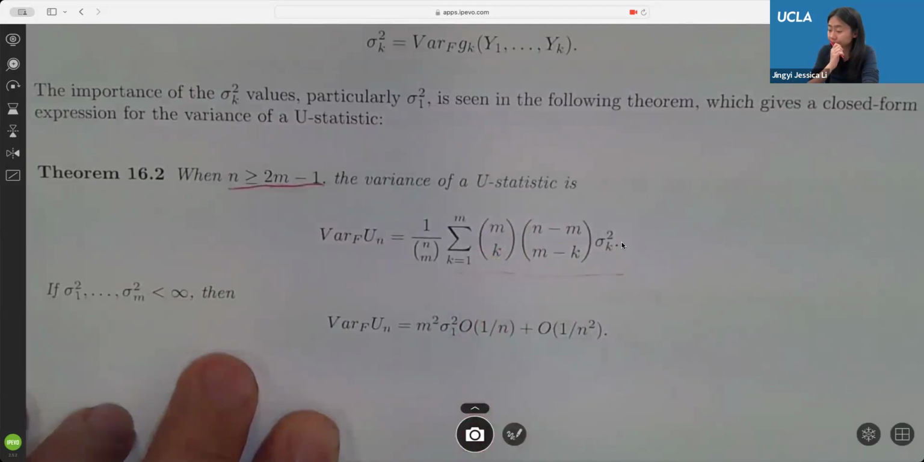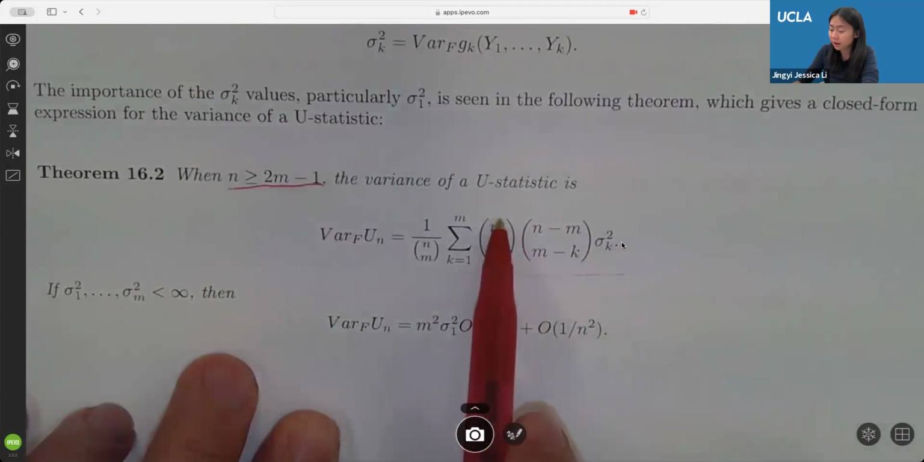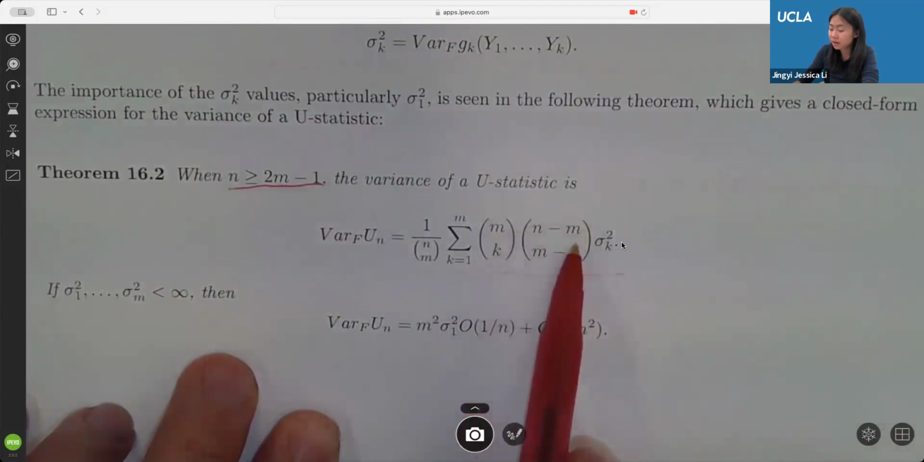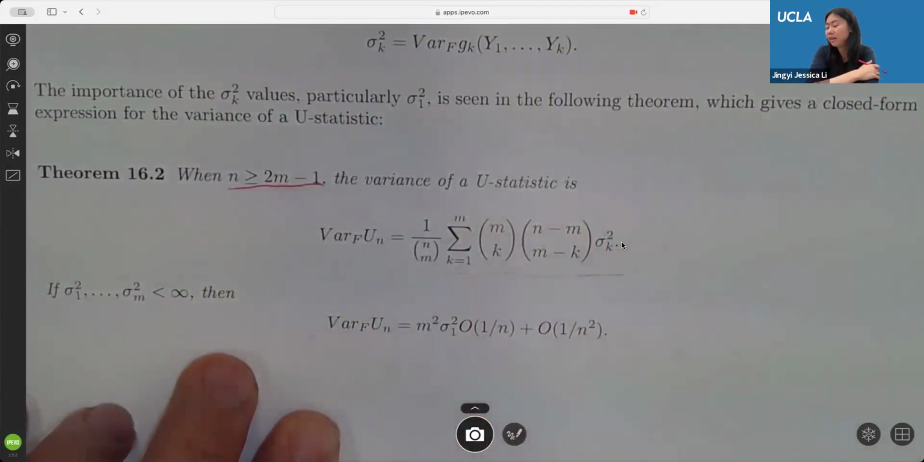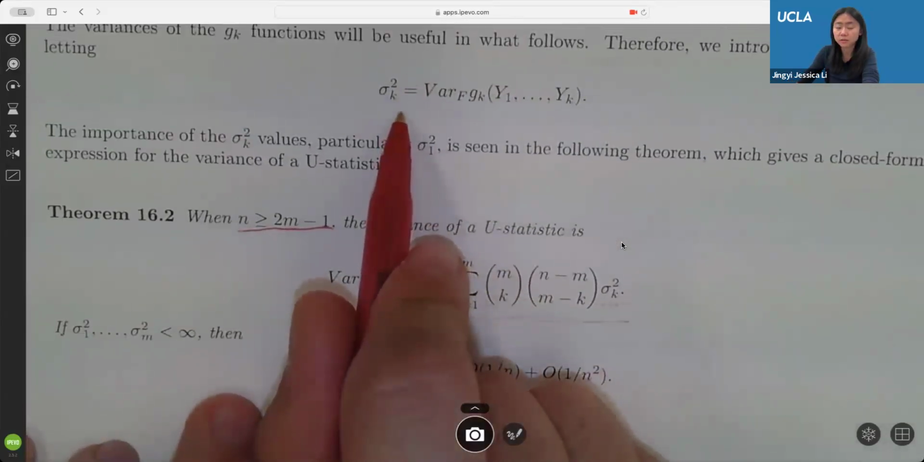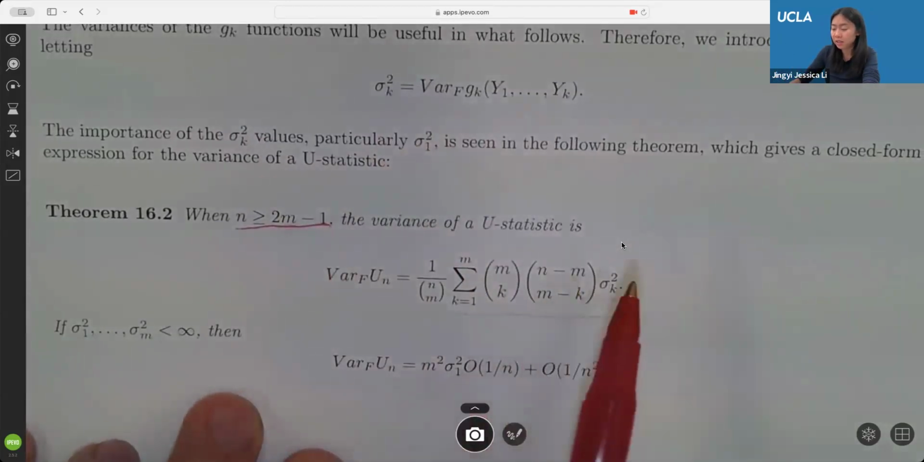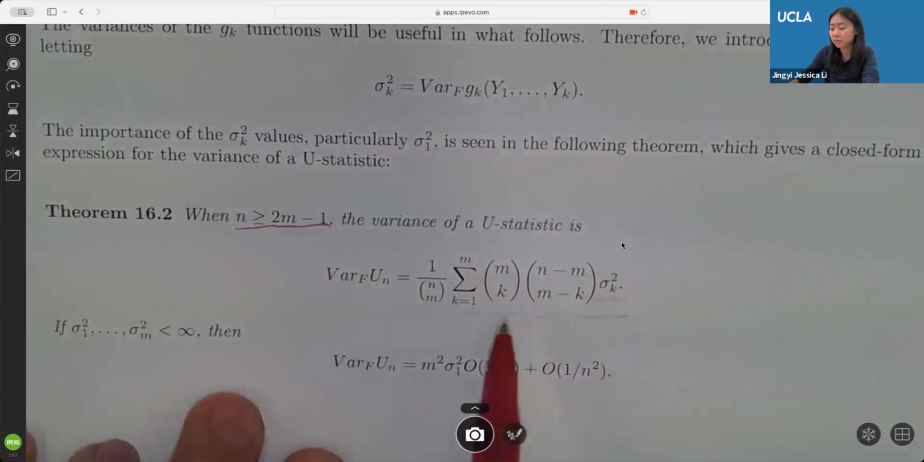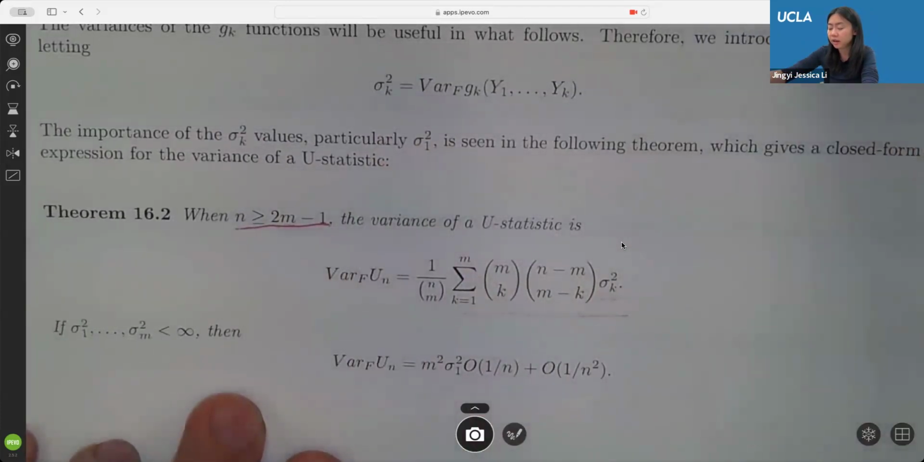So from m, you choose k, and from n minus m, you choose m minus k. These two things are kind of like the binomial formula you have seen before, except that here, I should say more like a hypergeometric formula. M choose k, n minus m choose m minus k. And this is the sigma k squared, which is the variance here. So we'll see why this is a good way to write this variance. The reason is we can again